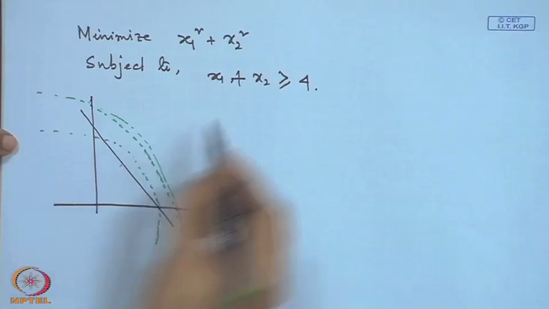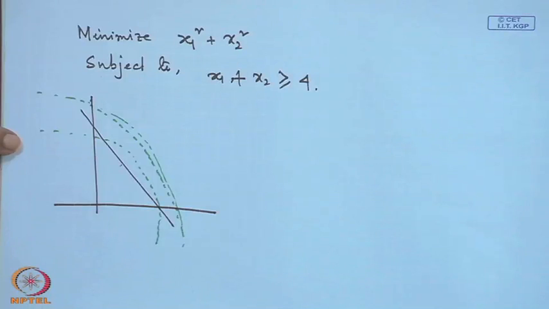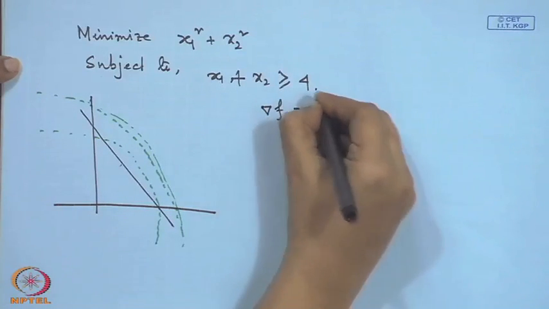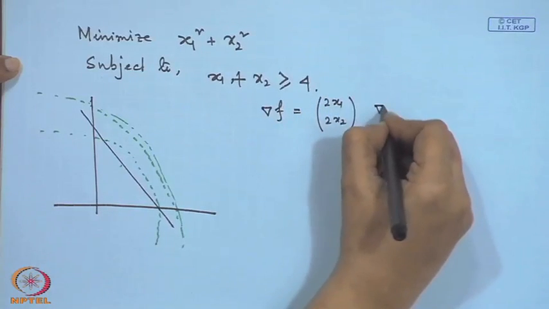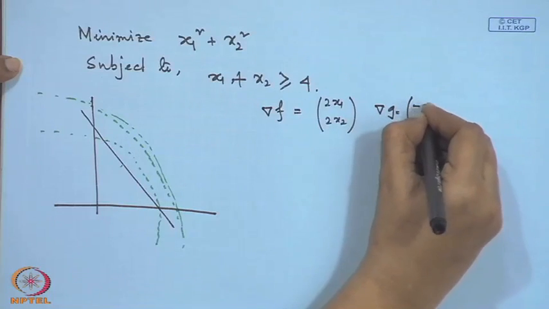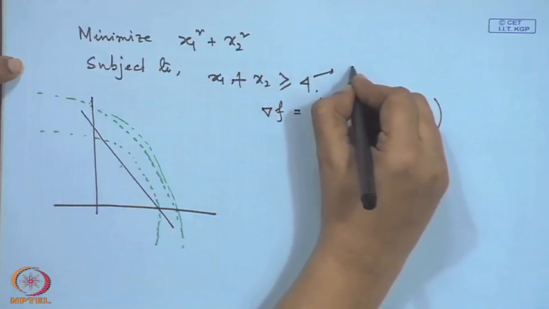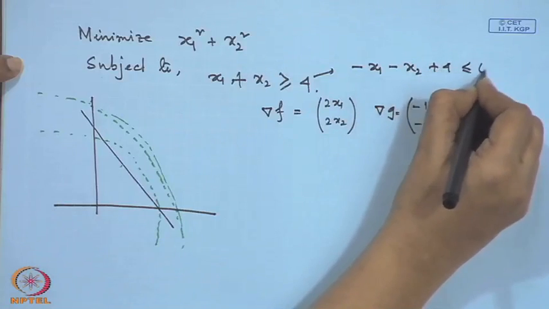Alright, because we have considered the constraint x1 plus x2 greater than or equal to 4, that means this region. Now, minimization problem. Mathematically, let me see which direction it is: grad of f is 2x1, 2x2, and grad of g is equal to minus 1, minus 1. If we consider the function g as minus x1, minus x2 plus 4 less than or equal to 0,